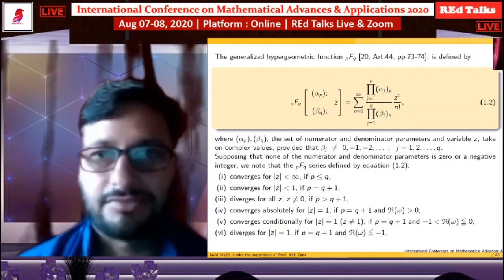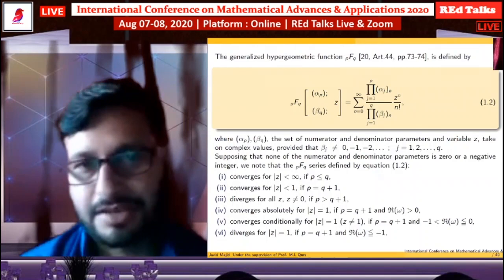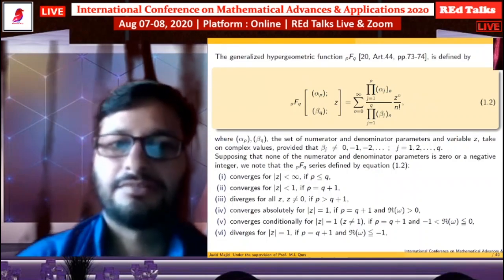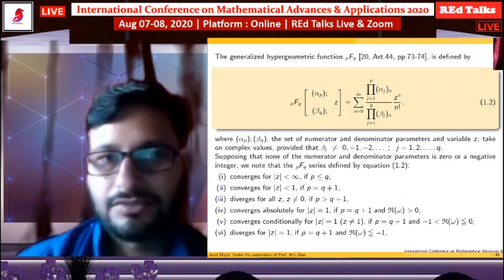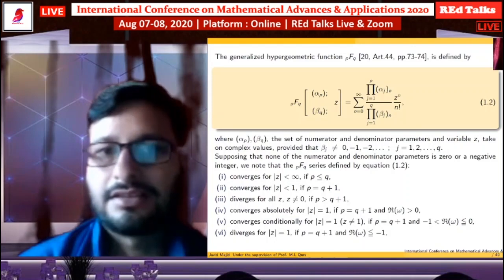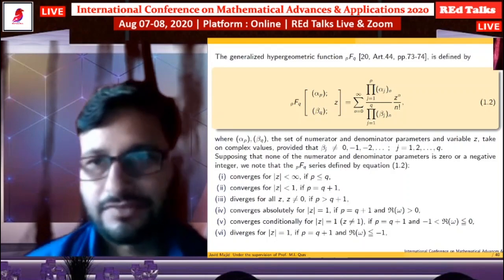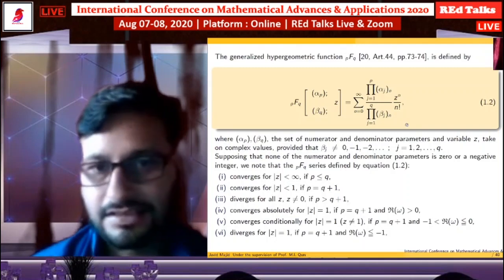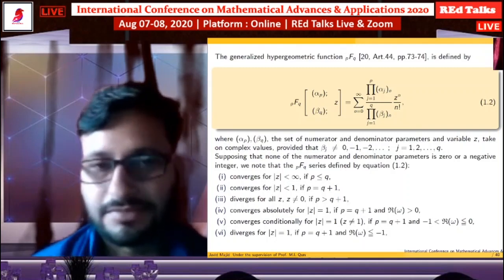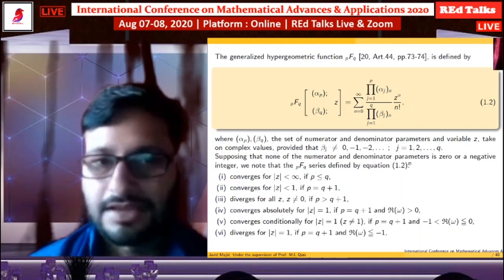This is the generalized hypergeometric form pFq, where p and q denote the number of numerator and the denominator parameters, where both alpha p and beta q and z are variables which take on complex values, where denominator parameters are neither negative nor zero. And this generalized hypergeometric function converges for all values of mod z less than infinity, where p is less than or equal to q, and for mod z less than 1 if p is equal to q plus 1, and diverges for z not equal to 0 and p greater than q plus 1,